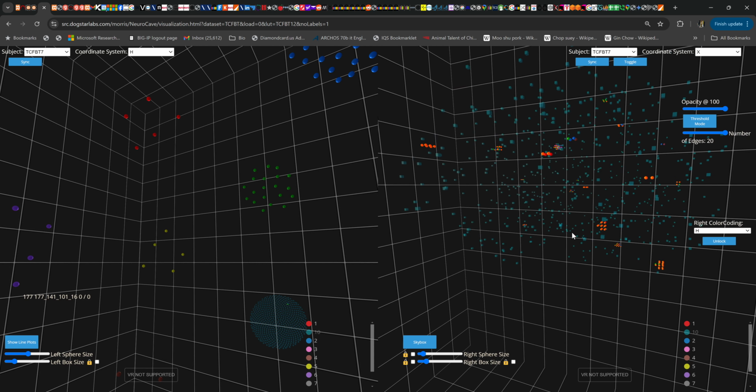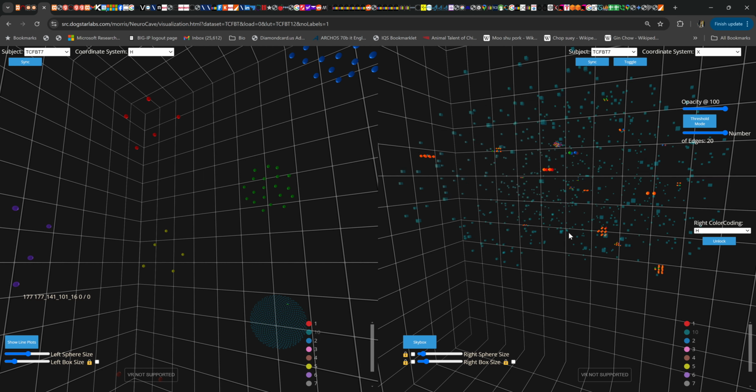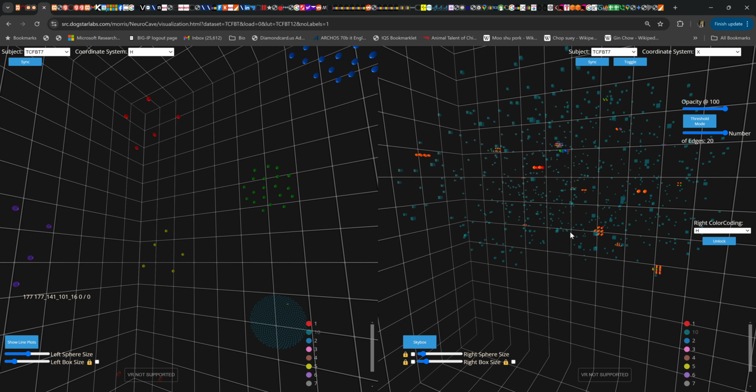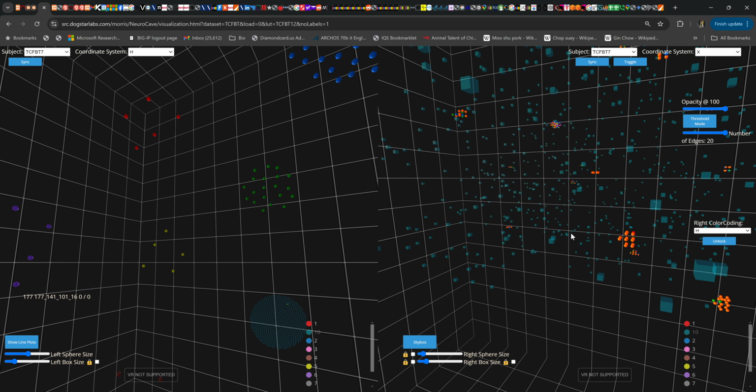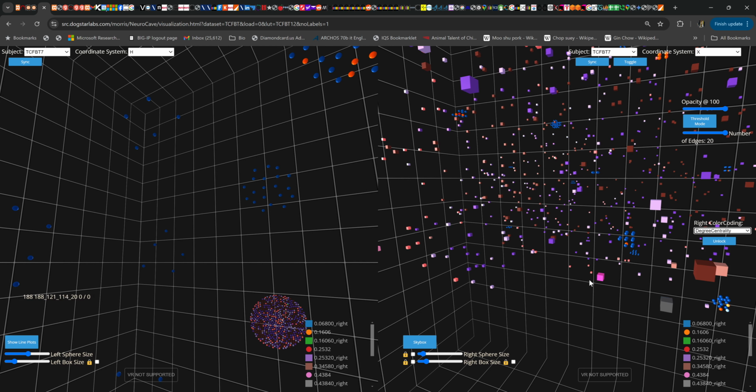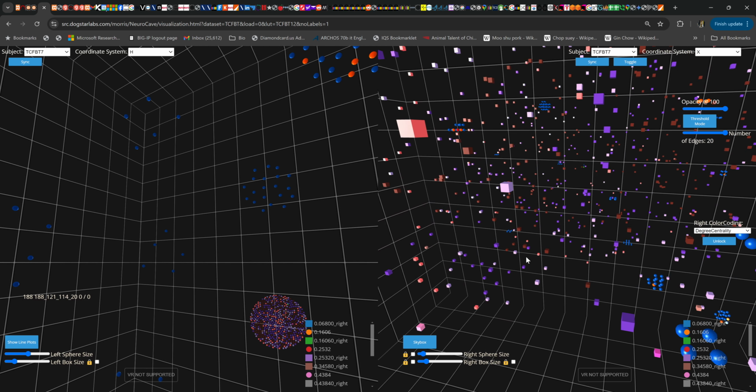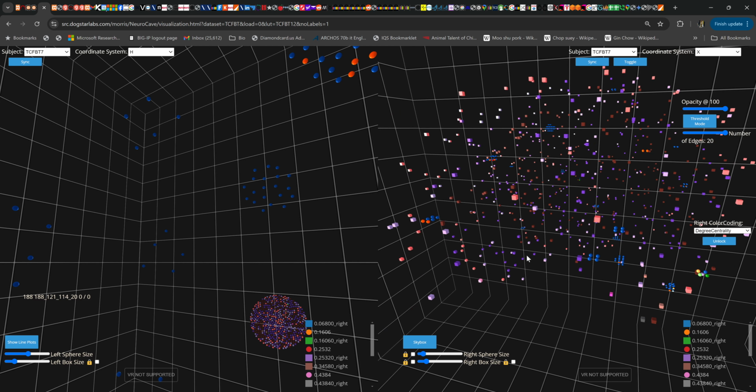See, if one cube obscures a set of spheres, it still shines. The spheres still shine through. And we have different color codings available here. We can color them by, say, their degree centrality. So in this color scheme, the